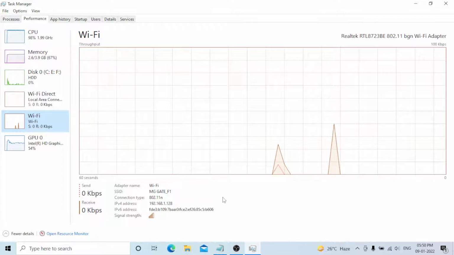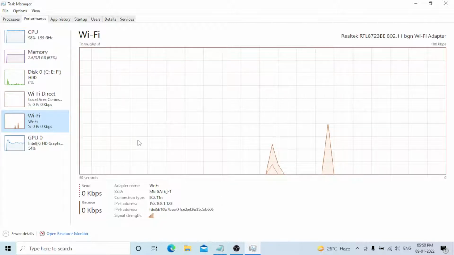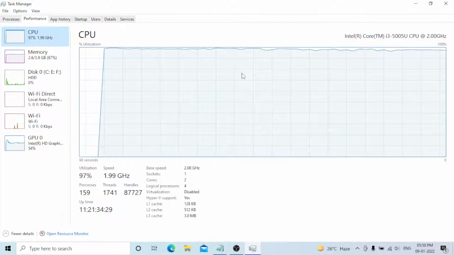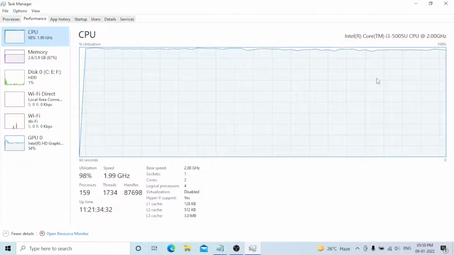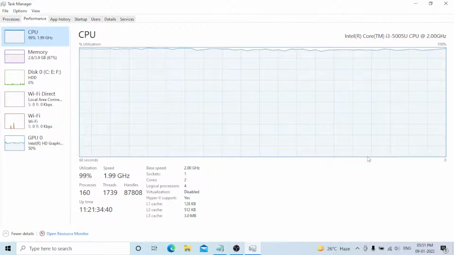You need to check all these things, and during the middle of the execution you need to take the CPU utilization. Take the graph through the Snipping Tool and copy-paste it into WordPad, Notepad, or a Word document. After test execution and completion, you need to prepare the report, and at that time you need to mention all these things. That is one way to represent how much utilization there is under execution.